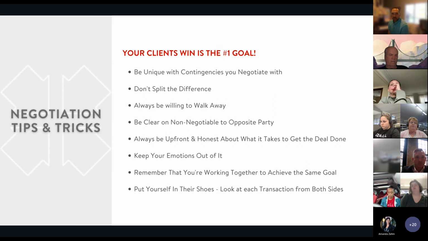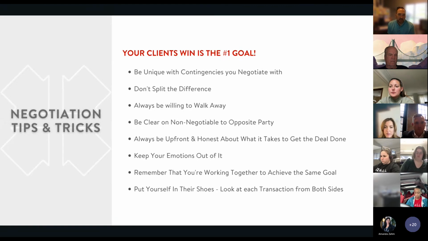Yep, definitely. A couple others on here, which are sometimes hard to do. I've read a lot about negotiating, and they always say don't split the difference, even though we do end up doing that a lot of times. Sometimes if you are willing to split the difference or come to an agreement too soon on certain issues, you give away some of your leverage power. The other side may think, well, we're going to get whatever we want now because they really gave in easily on XYZ situation. So it's important to hold your ground sometimes, even when you think, gosh, we may